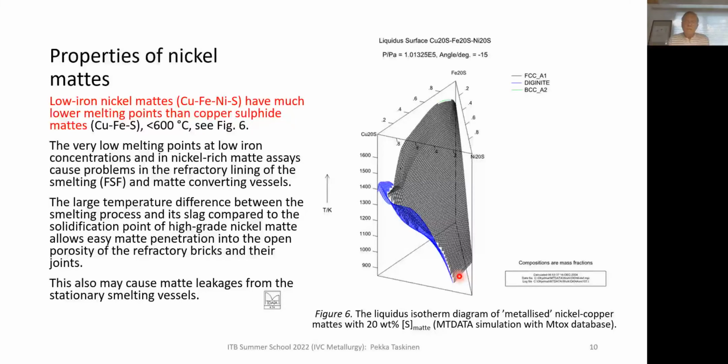So even at temperatures found in the refractory brick lining of the furnace vessel, nickel matte is molten, and this is causing rather harmful and actually dangerous leakages in nickel smelting furnaces, leakages which may come through the brick joints or some loose